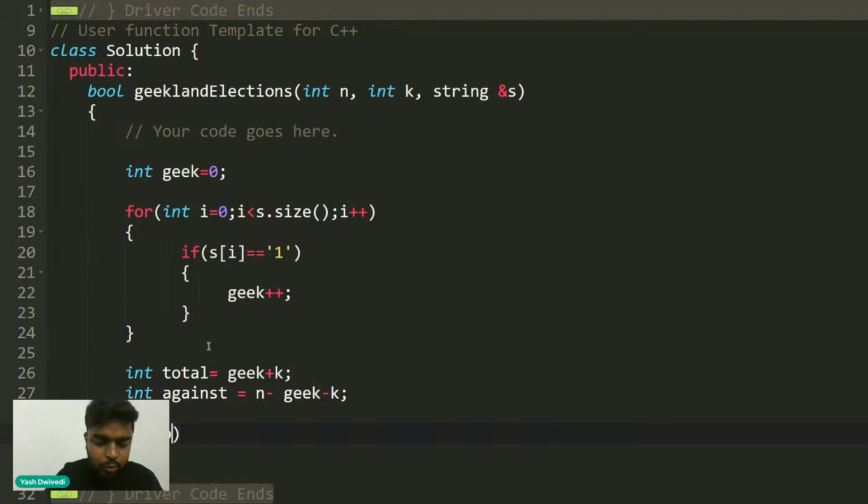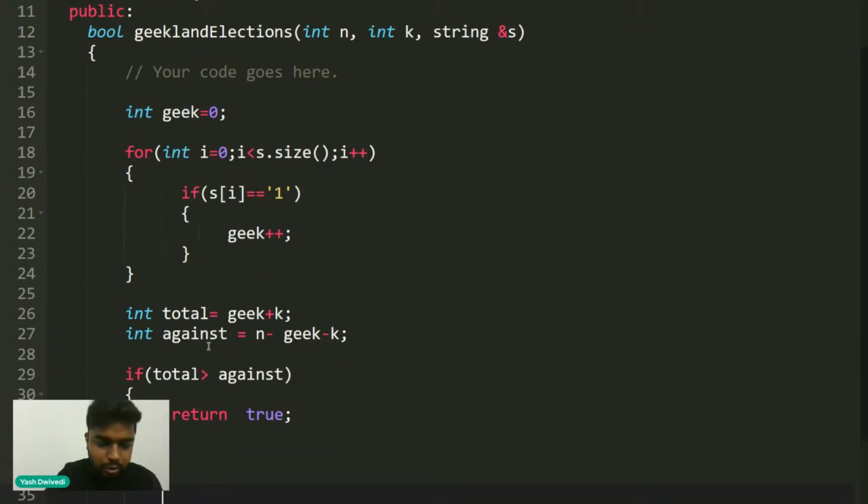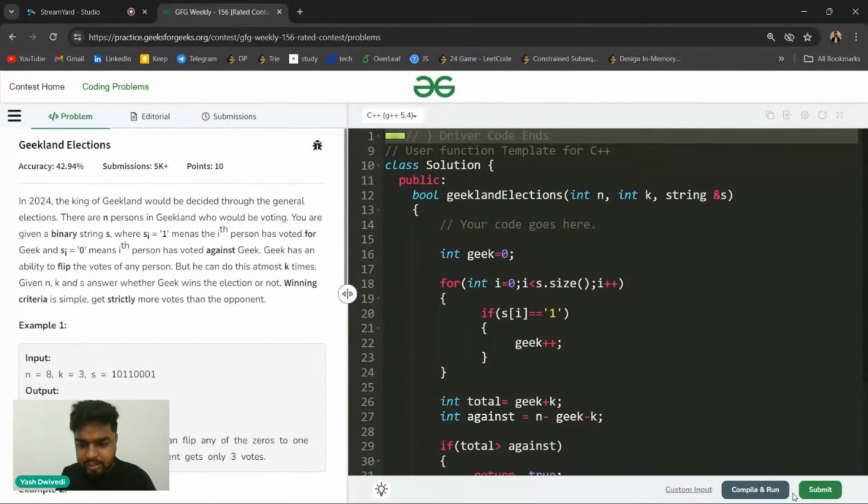So if the total number of votes that he gets is greater than the number of votes against himself, in that case we are going to return true, else you're going to return false here. Okay, so this is how you can do it. Let's try and quickly compile this.